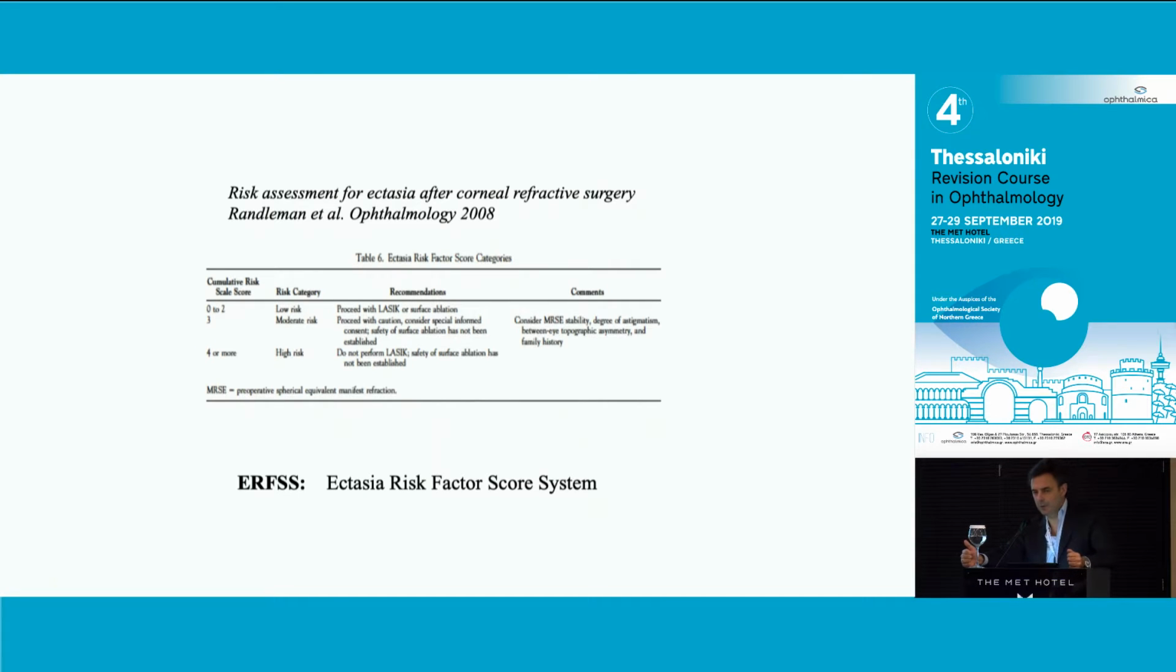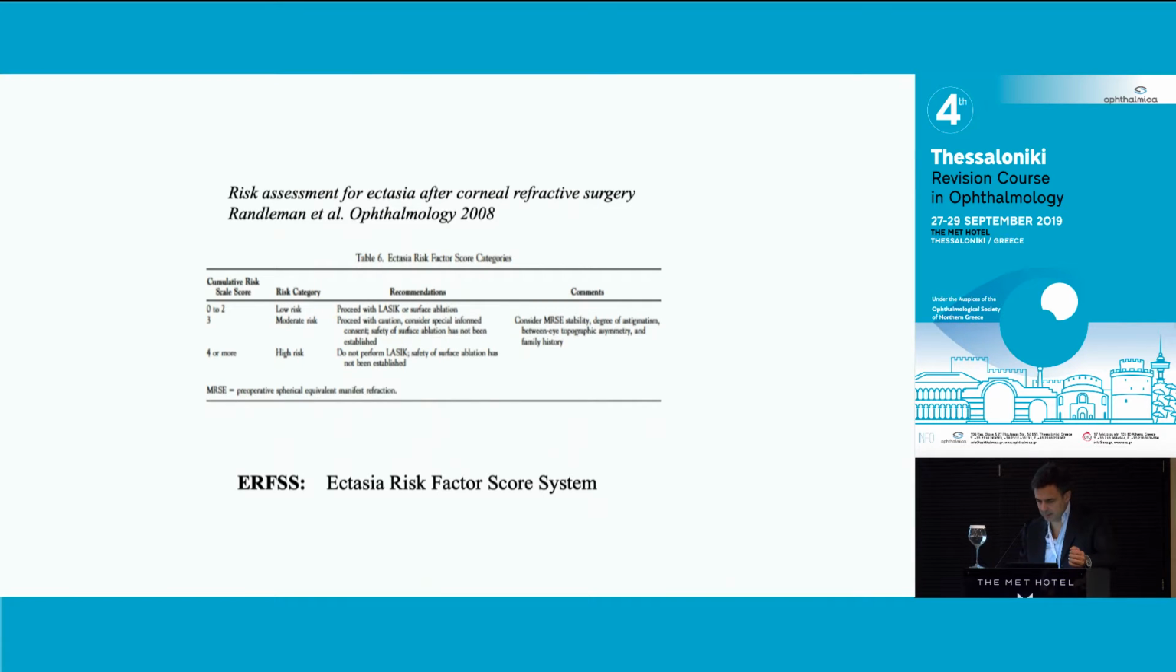Don't do LASIK if the corneal topography is abnormal. Consider the amount of myopia and the age of the patient. The younger the patient, the more elastic the cornea, the higher the risk of corneal ectasia. Some of us will not do LASIK in a patient probably below 26 or 28 years of age because